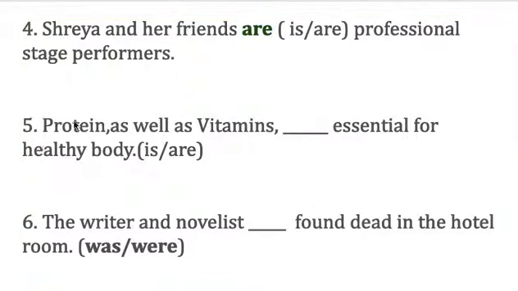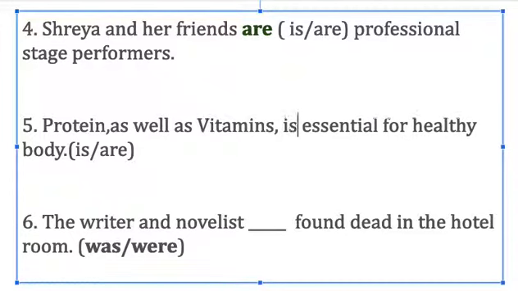Okay, next one. Protein as well as vitamins dash essential for healthy body. Now if you have "as well as" or "in addition to" in any sentence, we consider this part, as well as vitamins, the phrase, to be not part of the subject. So we only consider the main subject, the first word, protein. For that reason it is just one unit. Protein as well as vitamins is essential for the